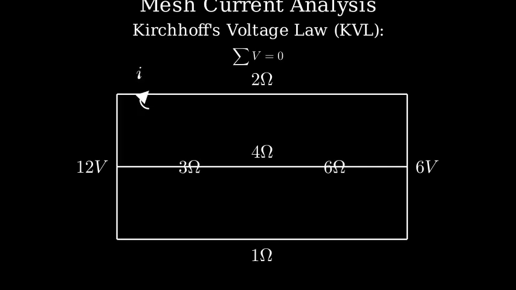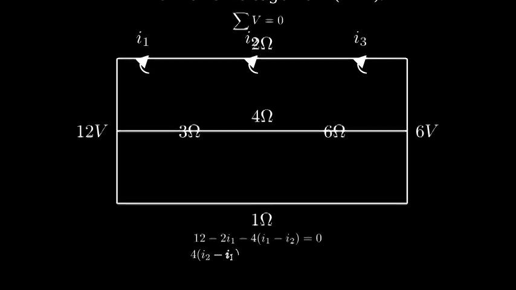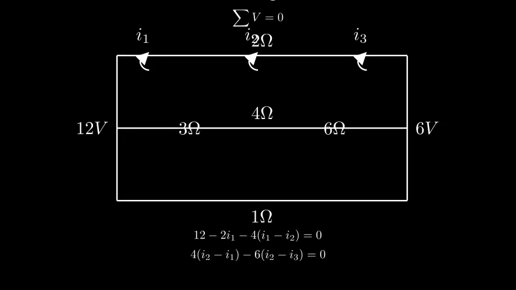Let's label the first mesh current I1, the second mesh current I2, and the third mesh current I3. Let's write the equation for mesh 1. Going clockwise, we have positive 12 volts from the source, minus I1 times 2 ohms, minus (I1 minus I2) times 4 ohms equals 0. For mesh 2, we have (I2 minus I1) times 4 ohms, minus (I2 minus I3) times